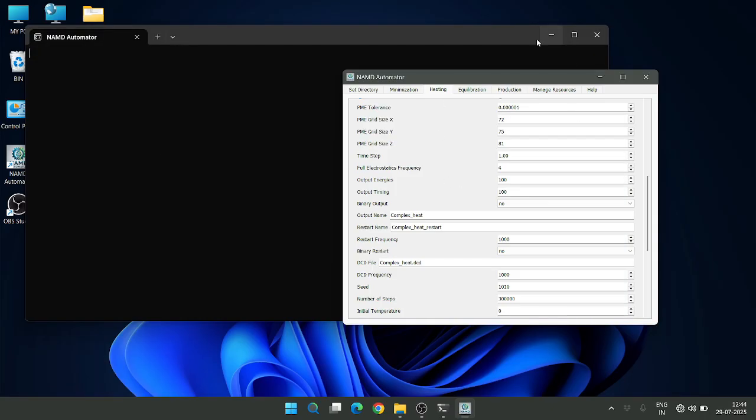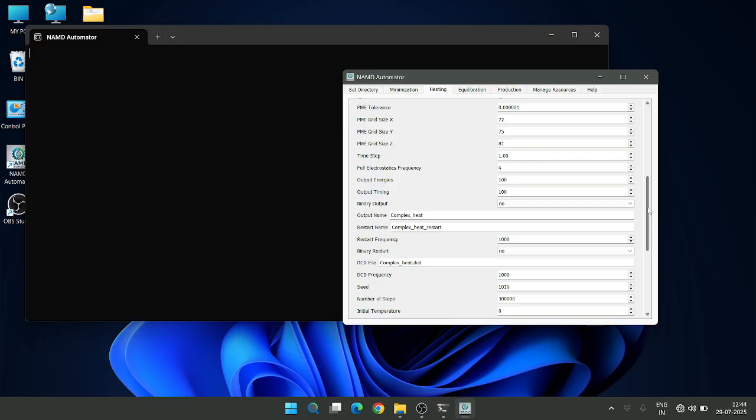As you can see, this is the main window of the NMD Automata, and this is the CMD interface, a subsequent window of the same application. We have kept it modularized because we want to check the errors, if there are any. We want to log them and troubleshoot these errors through the CMD window. If there are any further errors in the configuration file, we can change them in this particular tab or the subsequent tabs of the